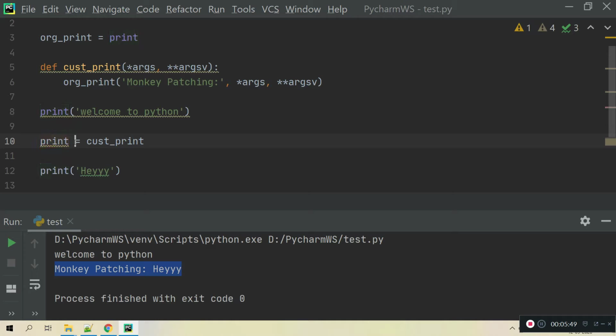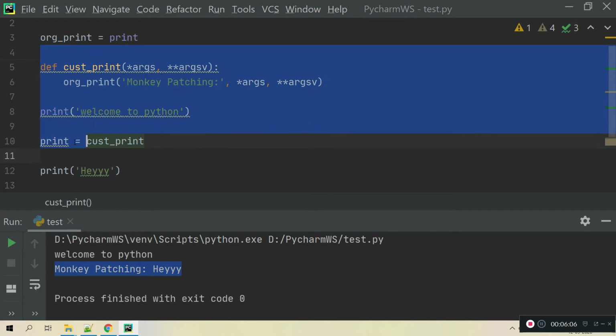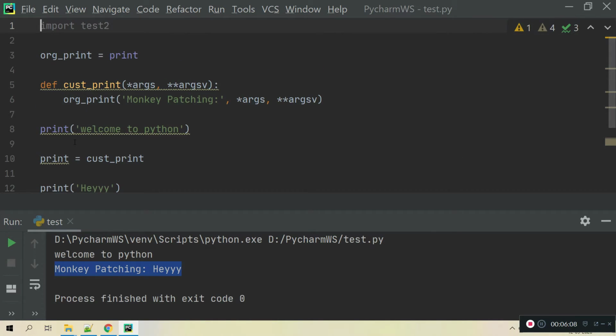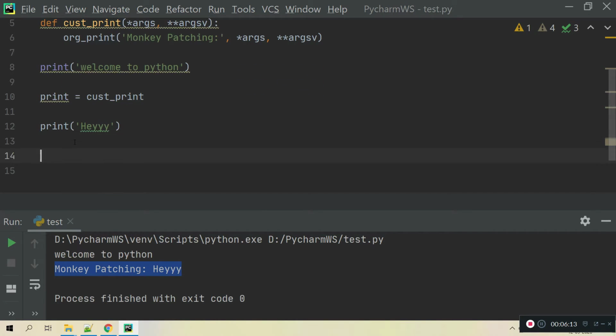This is the inbuilt method available in Python, and the built-in method has been overridden dynamically, but we didn't change the actual method. Inside our file, we have changed the behavior of print. So wherever you call print after this line, the behavior will be like this only.